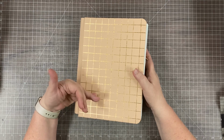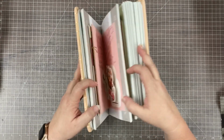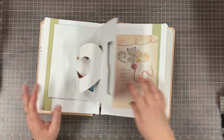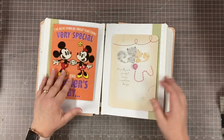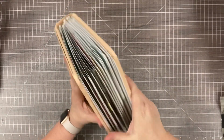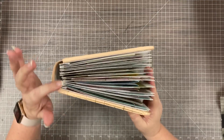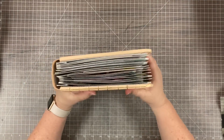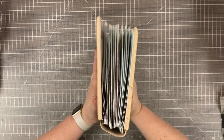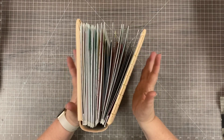I will tell you that because the cards are thick and because I do have some of these that are pretty bulky and have pop-ups and foam squares or dimensional stuff, embossing, the album does not quite close all the way. So one of the things I love ordinarily about Creative Memories albums is that because of the reinforced edges, when you finish your layout, the album can still lay flat. This one kind of can't because of that extra bulk, but